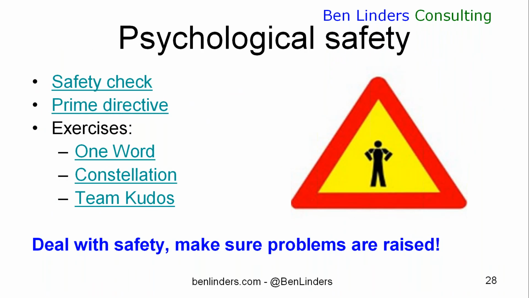And basically, if people don't feel safe to bring up stuff in a retrospective or in any other meeting, if people don't feel safe enough to talk about problems or to talk about the issues that they are facing, then that is the first stuff that you should be working on. If you don't get that out of the way, you're not going to be able to improve anything in your organization. You want to work on that safety. And there's a couple of things that you can use.